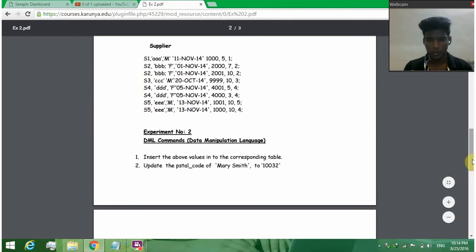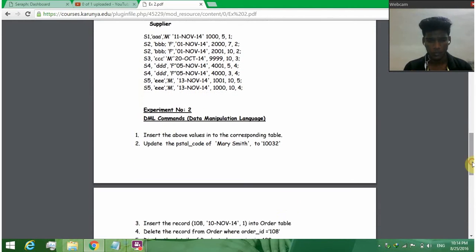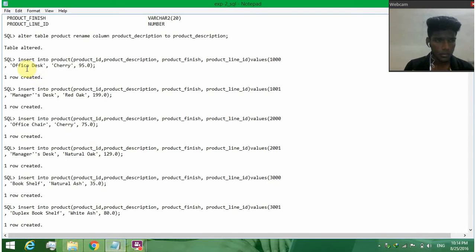I have to insert the above values in the corresponding tables. I already created 5 tables, so I have to insert everything, every name and everything. Insert into product: product ID, product description, product finish, product line ID. The values are 1000 for product ID, office desk for product description, CD for product finish, and 95.0 for product line ID. After entering this query, one row will be created, so that I have 5 continuous entries